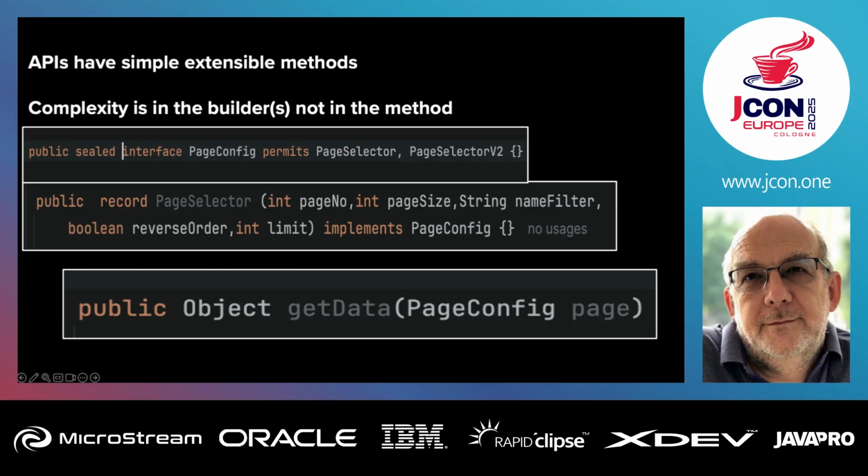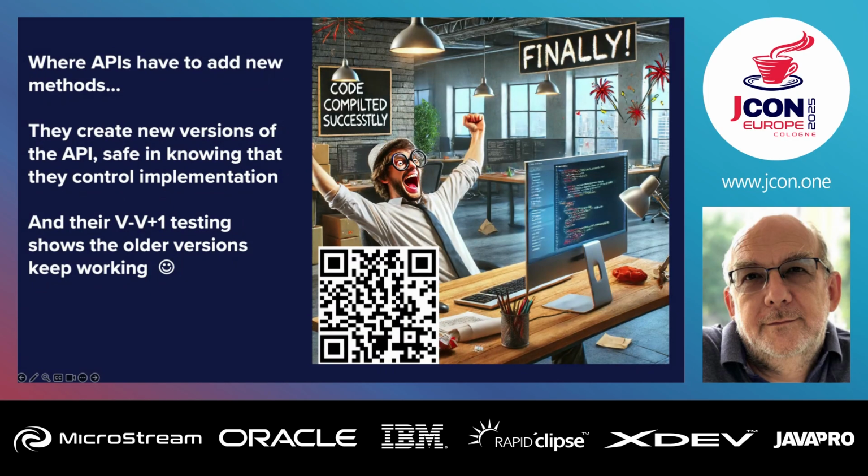I can say, no, I will take an interface, and there's only two instantiations of that interface, and they're both records, and they're both sealed, so they're my records. And then all I've got to do if my page config requires more parameters is to create a new type of record and join the dots. So it's so much easier to do things that your end user can't break. So I whirlwind through that. I hope you got it, because we had like 45 minutes.